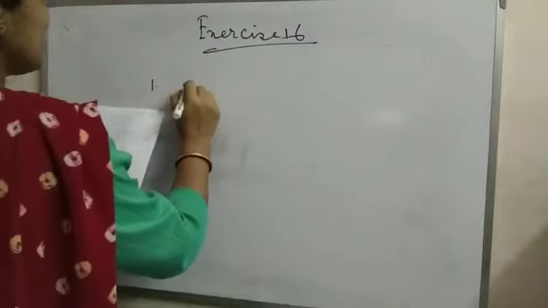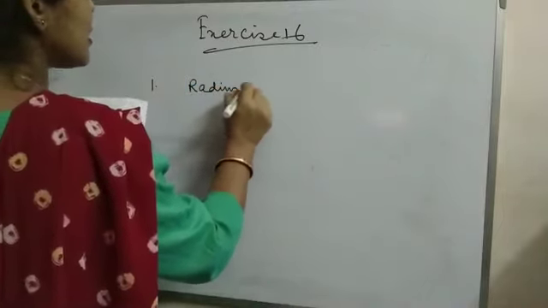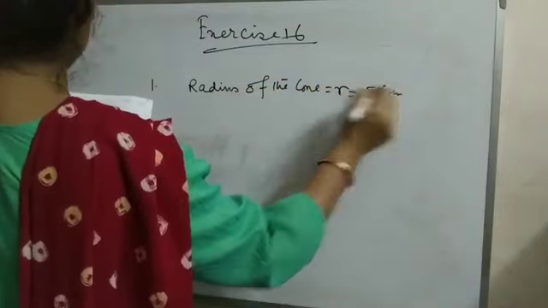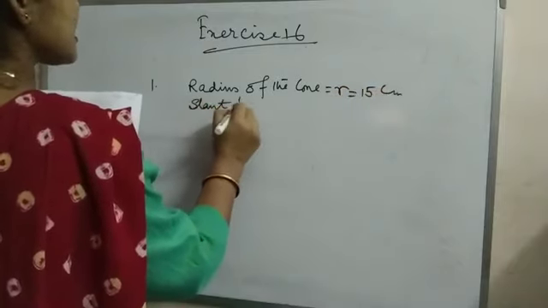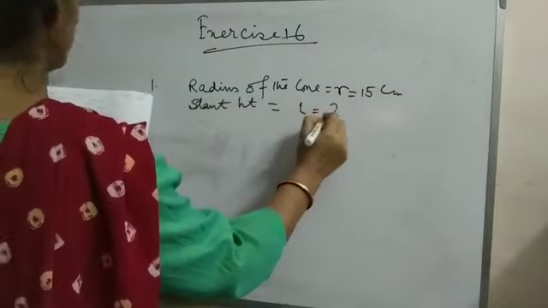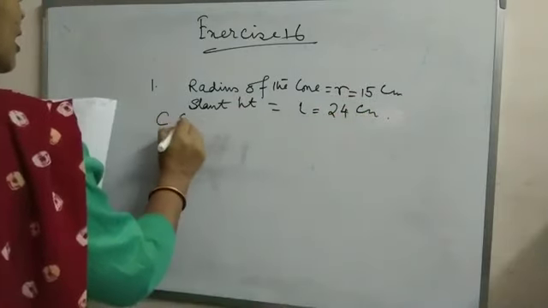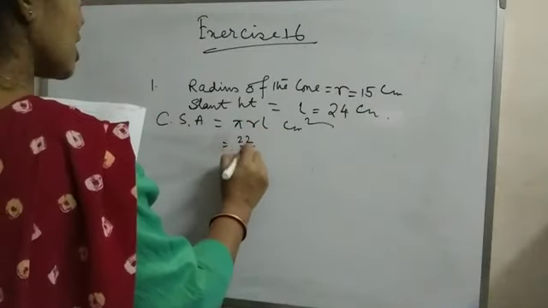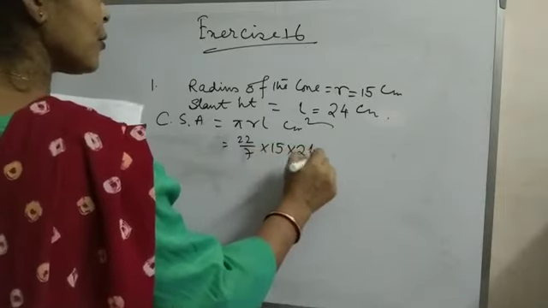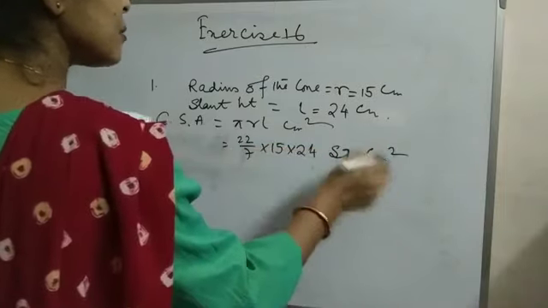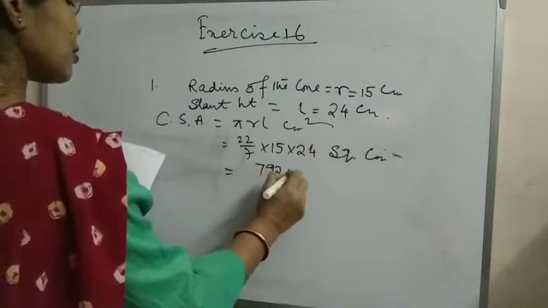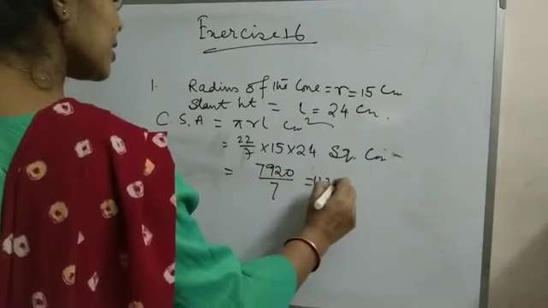So you see this. Radius of the cone equal to r equal to 15 centimeter, slant height equal to L equal to 24 centimeter, curved surface area equal to pi r L centimeter square equal to 22 by 7 into 15 into 24 square centimeter. This is equal to 7920 by 7 equal to 1131 3/7 square centimeter,